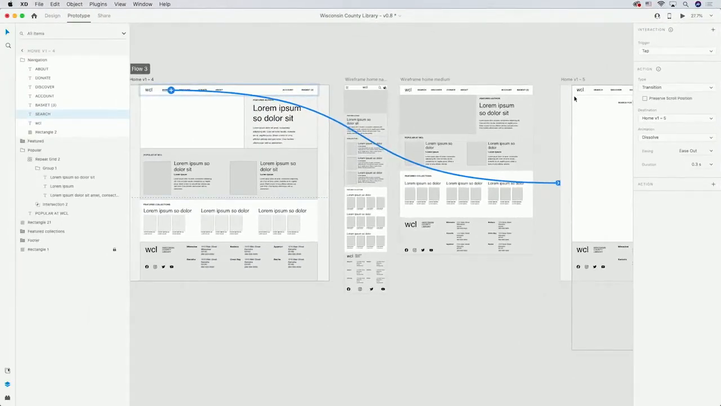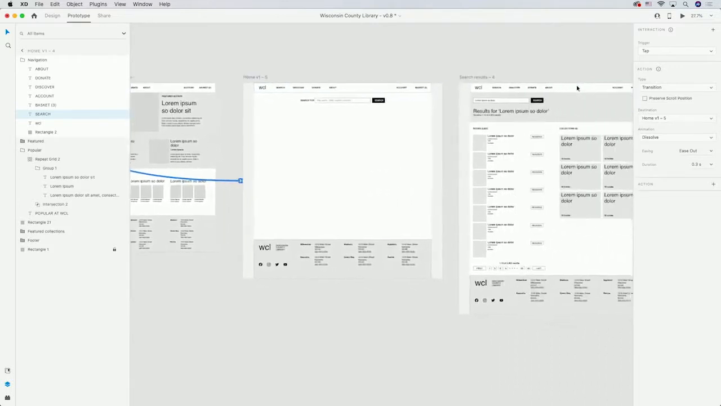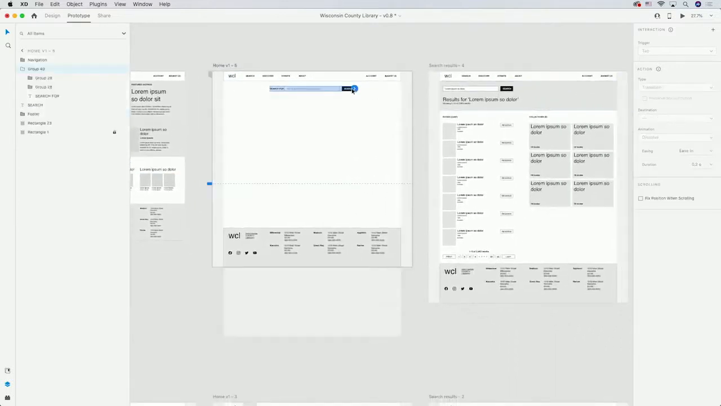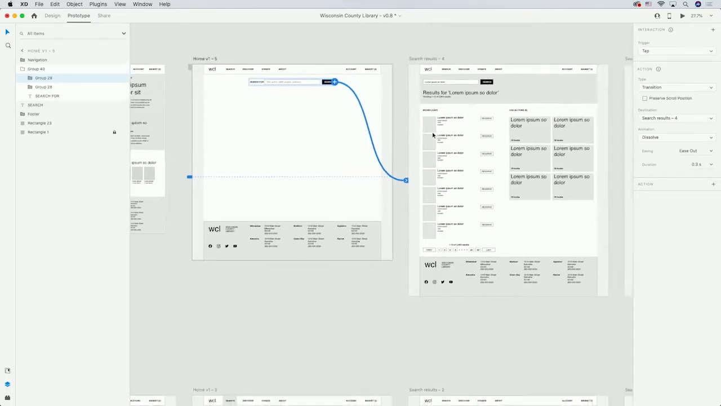Alright, so now I'm on the search page artboard. I need to make something happen when a user clicks the search button. I'll select the search button and I'll drag the arrow to my search result page artboard. On this page, there are lots of search results, or in this case, books. There are a few connections that I need to make on this artboard. I'm going to